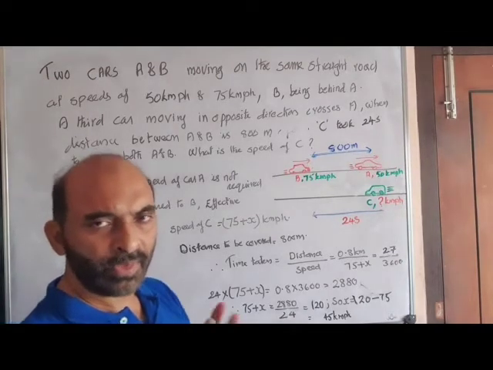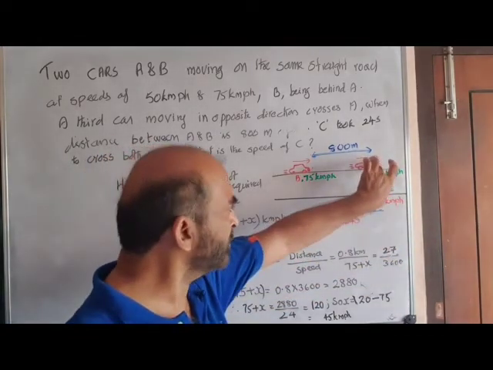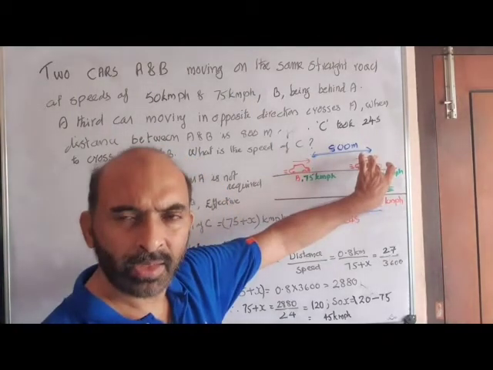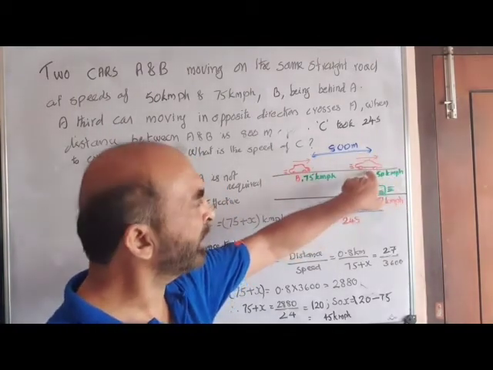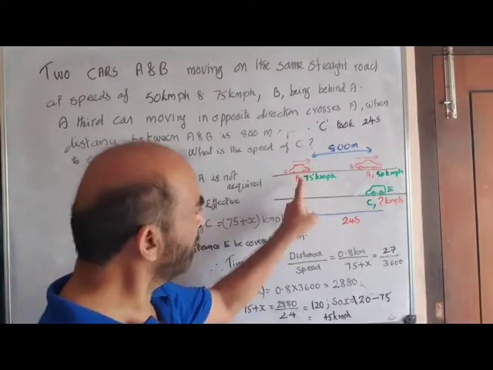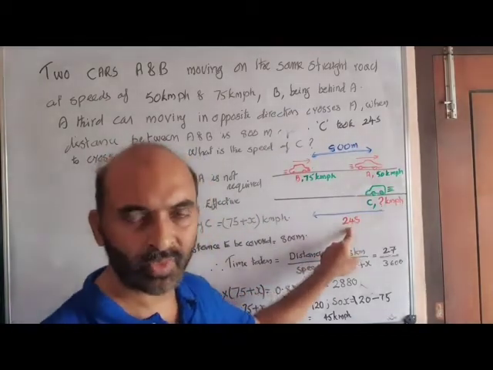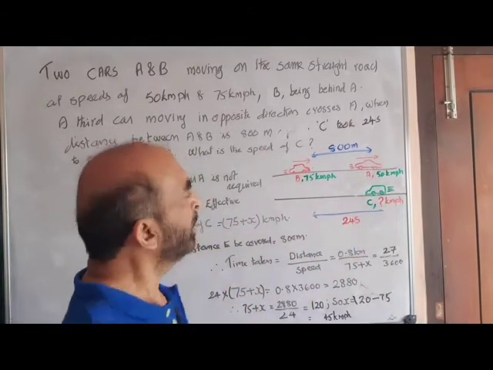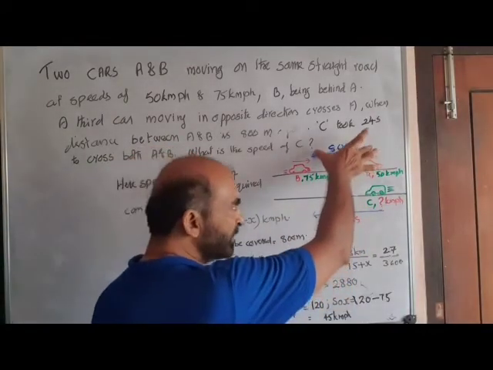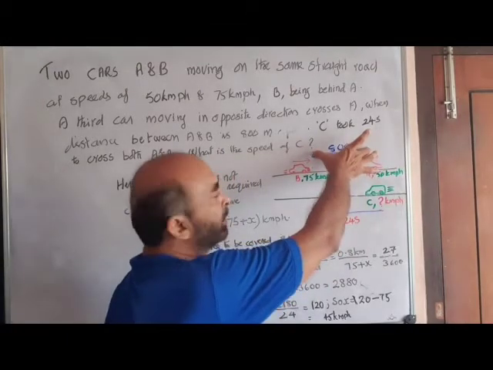Here, we have to understand one thing. We start our study from this point. At this point, whatever be the speed of A, it is immaterial. Only the speed of B, the distance and this time affect the calculation. We think about only these two cars. What is the distance covered? Distance to be covered, 800 meter or 0.8 kilometer.